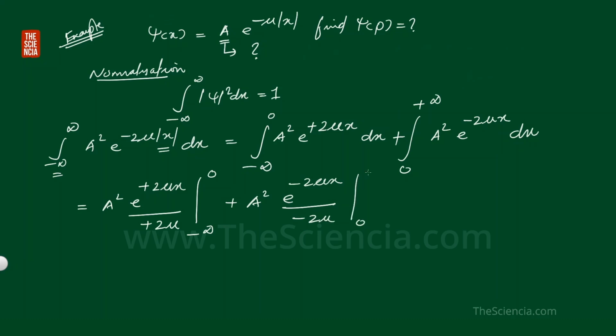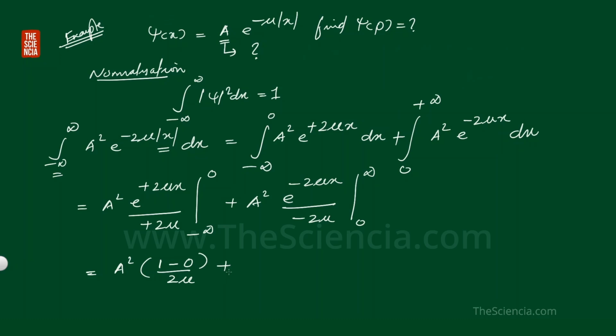Limits are 0 to infinity. Now we have to substitute these values, that is a square into the upper limit of this one is 0, e raised to 0, that is 1, minus the lower limit, e raised to minus infinity, that is 0, by 2 mu